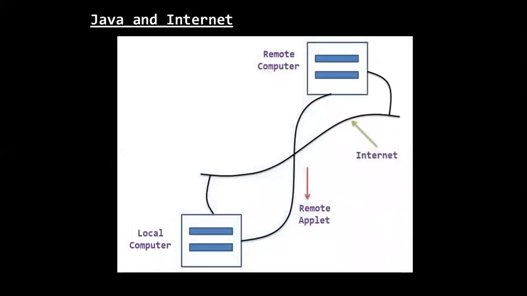Java and Internet. Java is strongly associated with the Internet because the first application program written in Java was HotJava, a web browser to run applets on the Internet. Internet users can use Java to create applet programs and run them locally using a Java-enabled browser such as HotJava. They can also use a Java-enabled browser to download an applet located on a computer anywhere on the Internet and run it on their local computer.